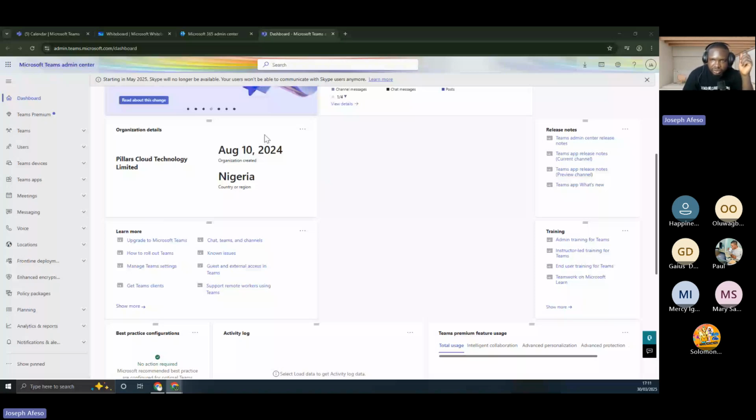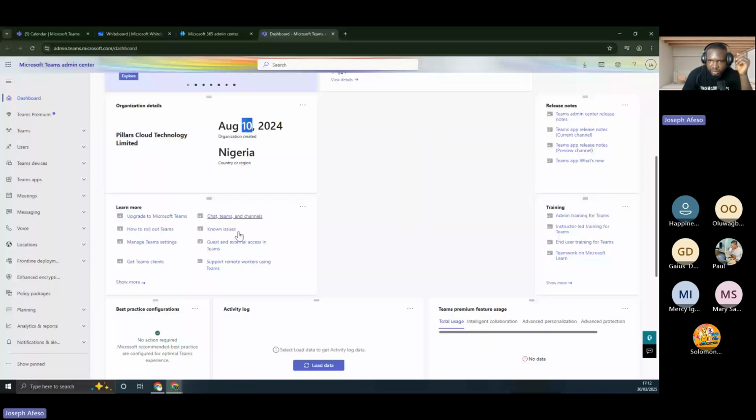I think I was having issues with my Teams licensing because I was given E5 without Teams. Later I was able to process the Teams. So that's maybe why you are seeing the 18th in that folder where questions were coming up. Then the country or region of the tenant is Nigeria.